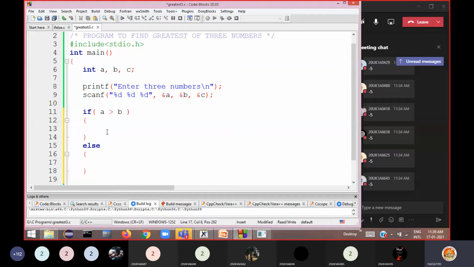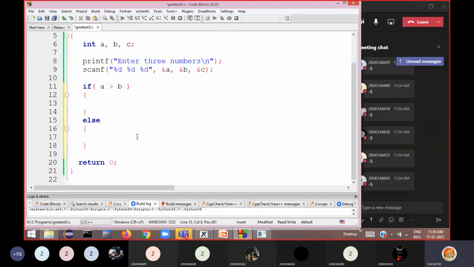Now see here. I have written the skeleton here. First, I am comparing two numbers. If a greater than b is true, it comes here. If this is false, it comes to this else part. Now what do we need to do? Accordingly, we should write the statements here. First we'll go with the true statements, so we'll test the true condition first.